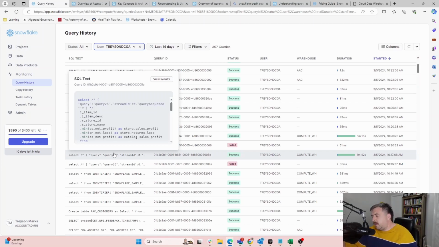I think it's only like 24 hours, but the idea being, if the data behind the query, so every table it's referencing, doesn't change between queries, I don't incur extra compute costs on those preceding queries.